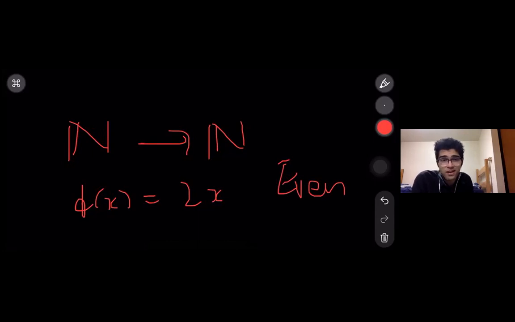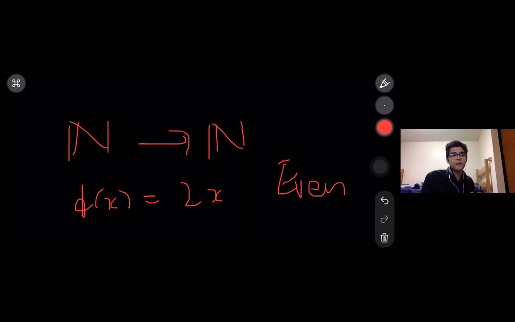So all odd numbers are not in the range. Or somebody might say this is not even numbers because even also includes 0. Okay, so we can get into that intricacy. I could have included 0 as well in my natural numbers. Sometimes you can define natural numbers starting with 0. So that's fine. Let's say all even numbers starting from 2. So 0 will not be part of the range. 0 is not even part of the codomain because we are defining it from natural to natural. Let's say we're only talking about greater than 1. So all even numbers greater than 2 are part of the range, but not all numbers in the codomain are part of the range. We have odd numbers that don't show up in the answers to our functions.